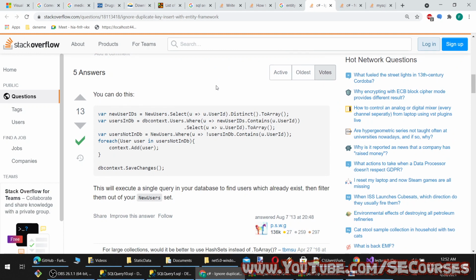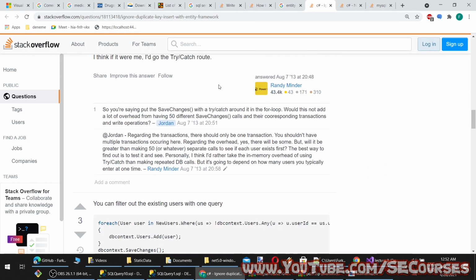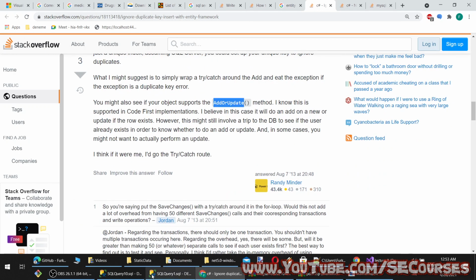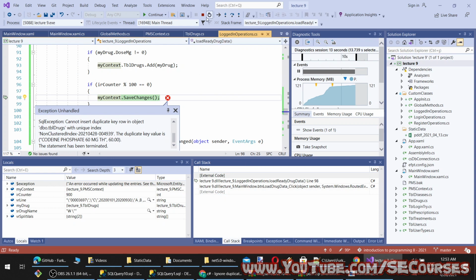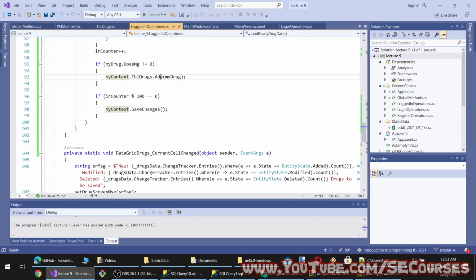Okay, there is add or update. And it says add or update here. Maybe that would work. Let's try that. Add or update. I think it may be requiring another reference. Let's see.